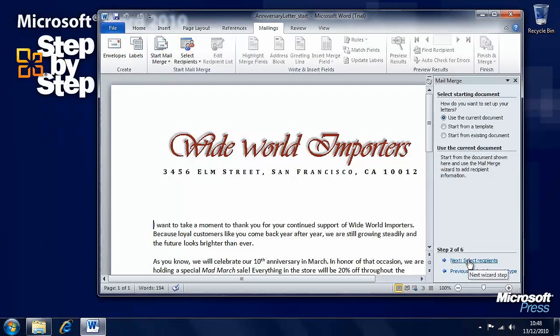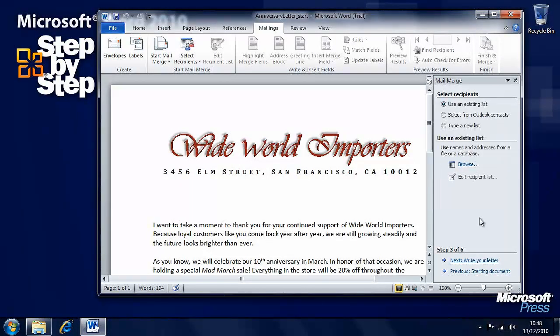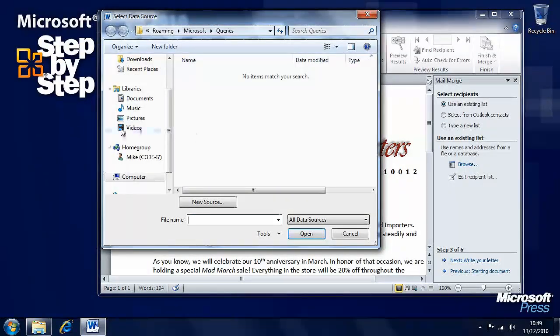So we'll click next. Do we want to use the current document, start with a new document, or start from an existing document? If you selected existing document, it will give you a chance to open it. We want to use the current document. So now we want to select recipients. Now here we can use an existing list. We can look in our Outlook contacts if Outlook is your main email client, or we can manually type in a new list. But we want to use an existing list, so we'll press the Browse button here and we'll